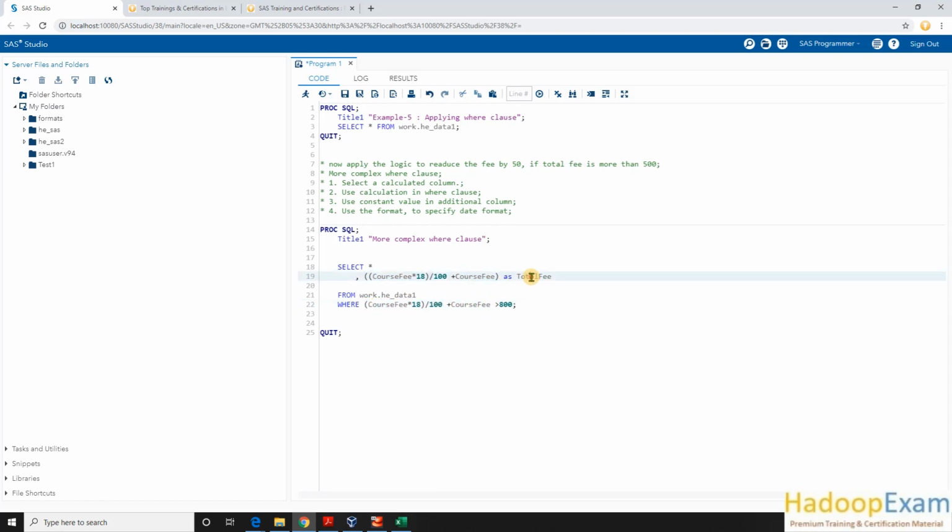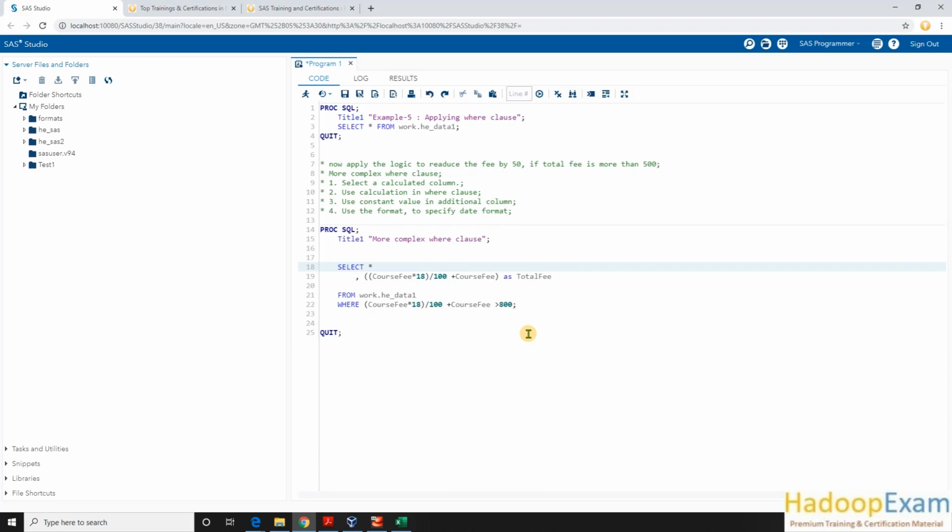You might be thinking why I have not put this total fee column directly over here. You cannot blindly put the alias to check the condition. If you are doing some calculation in your query, then you have to repeat the entire expression in your where clause as well. That is the good approach. There is an approach where you can use an alias in the where clause as well, and I'll tell you how. Now you understand we have selected all the courses which have a total fee more than $800 once we apply the 18% tax, correct?